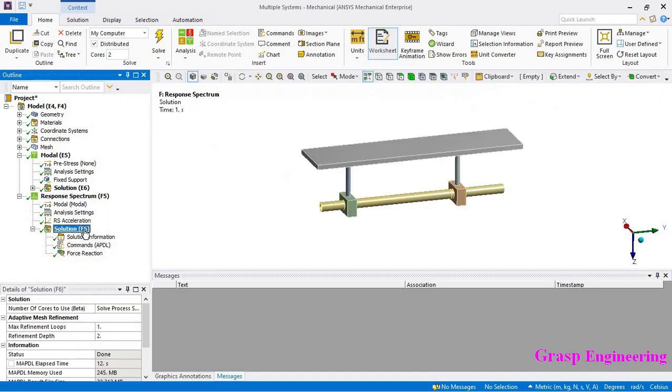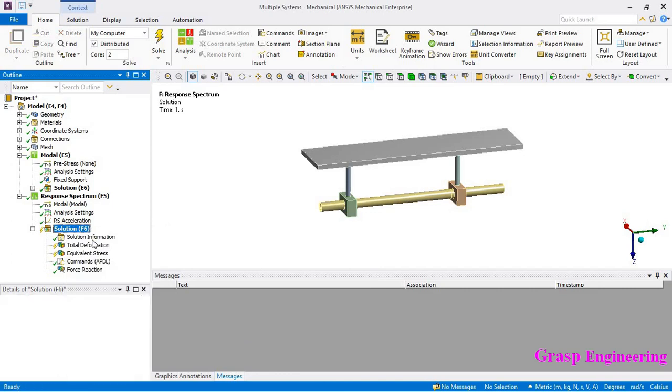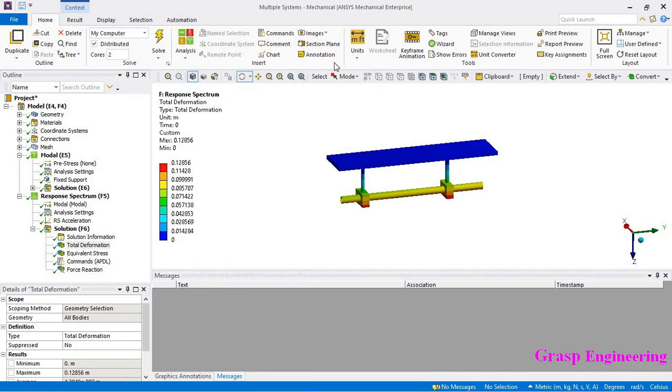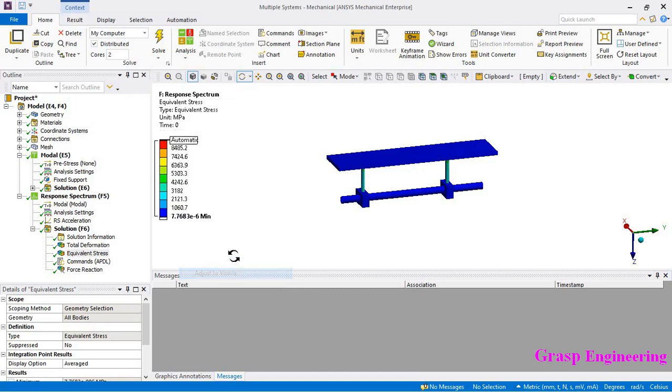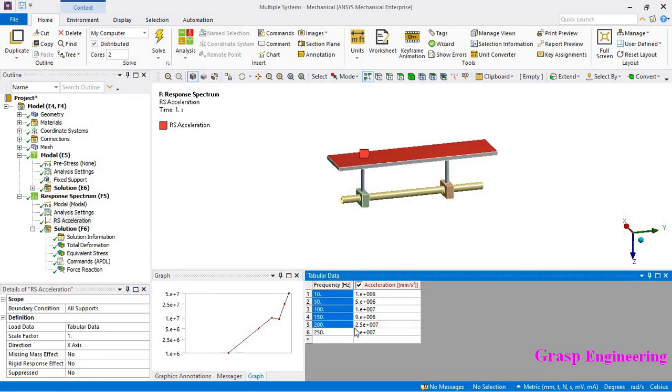We will not discuss that, but let's see what the deformation and stresses are, and whether there is an impact of the spectrum. Now we can see the deformation, 128 mm. This is a flexible pipe, so that's why you will find this much deformation, and your stresses are also quite huge. Okay, because we just assumed the spectrum, this is not a realistic spectrum, so whatever spectrum value you apply. We here just wanted to know how to perform the response spectrum simulation, and then how to write the command script.